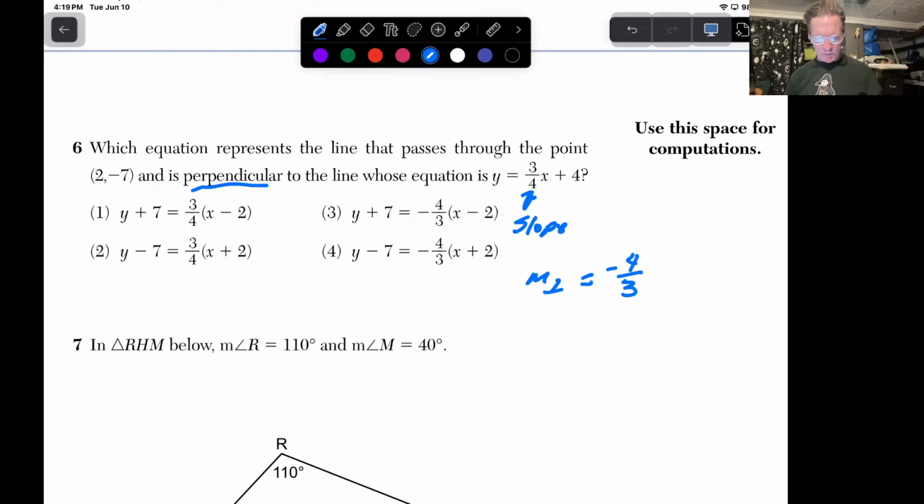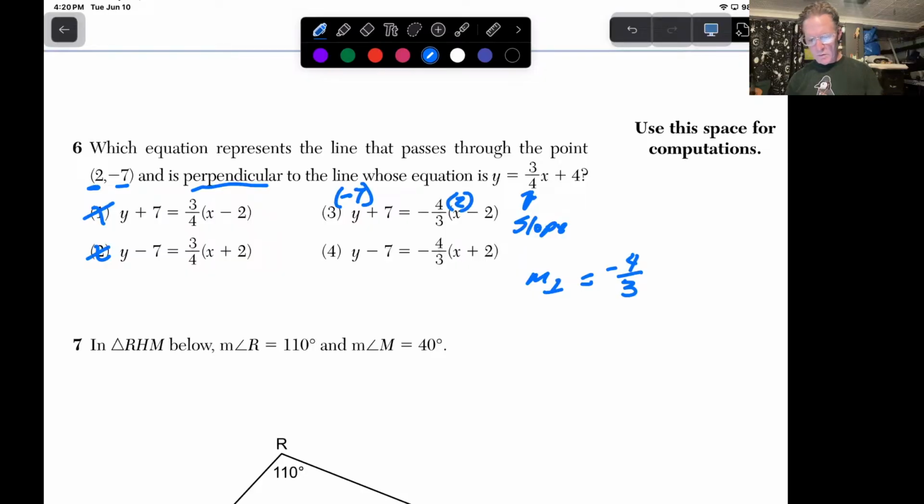So we know these answer choices are all in point-slope form. So I know these are out because that's 3/4. So it has to be one of either 3 or 4. Now, what you could do is plug in for the x and y and see which one works. So that's basically what I would do, right? So you can plug in 2 for x and -7 for y and see which one of these works. So if I have -7 here and 2 here,